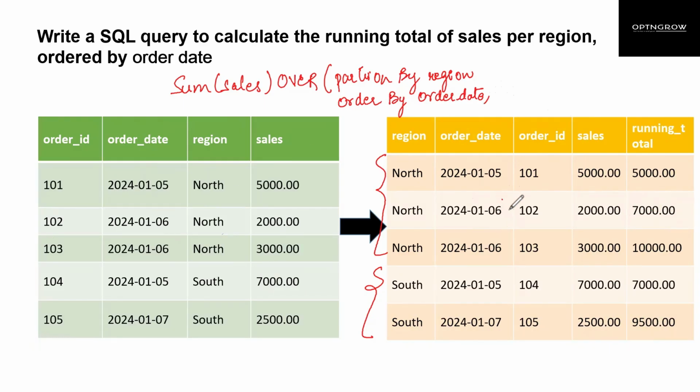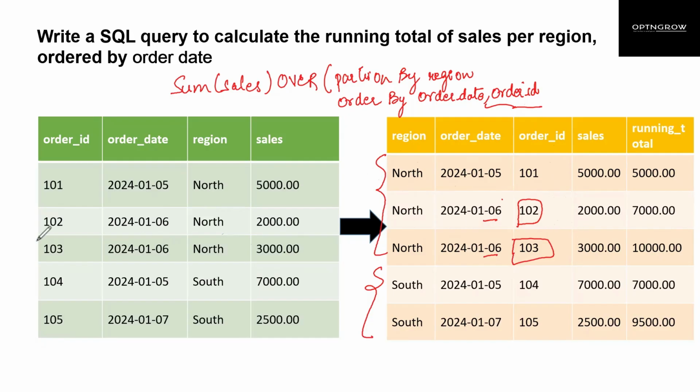Now let's say we make sales on the same date. If you see over here, sales are made on 6th of January and 6th of January. So let's also sort the data by order ID. You can see that 102 is coming first and then 103. If you skip this also, that's fine. It is going to give you the right running total. That's not the problem, but let's also order it by order ID. Once this is done, we have half of the window ready. We have one more thing over here.